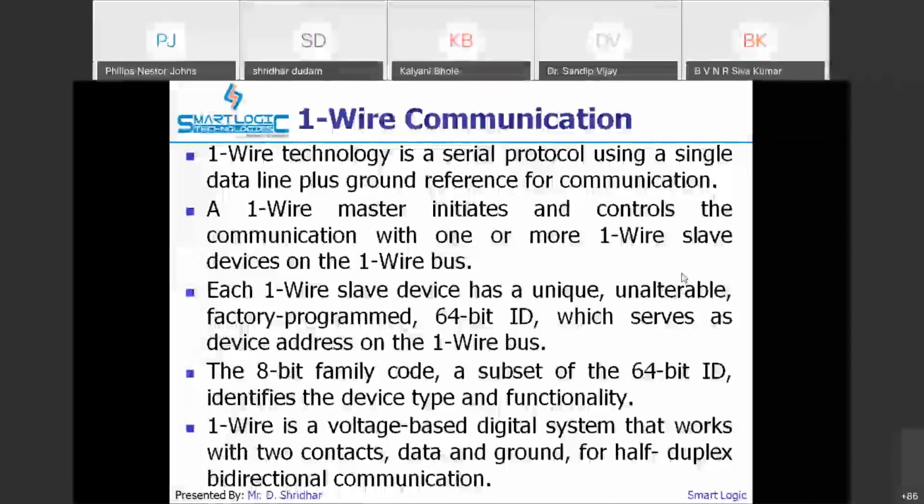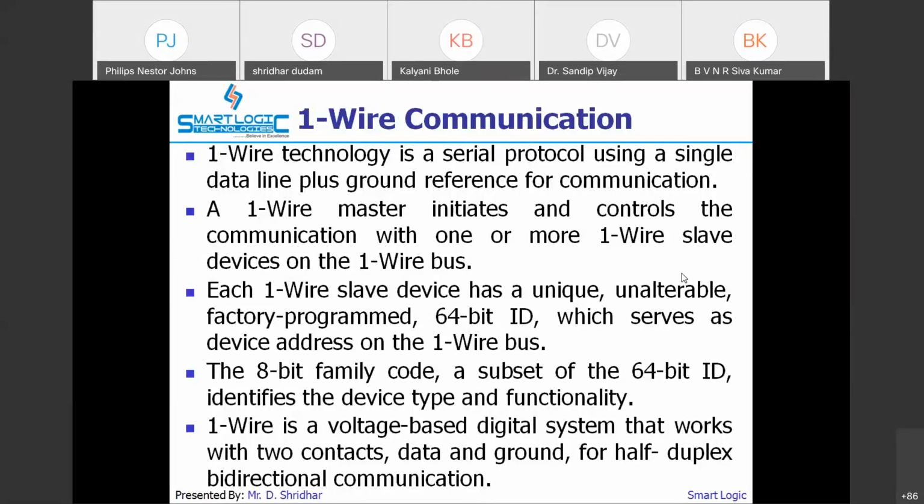One-wire communication protocol needs only one wire for communication. It is again half duplex. Every time the master has to initiate and control the communication, and the slave gives a response. A one-wire slave device has a unique, unalterable, factory-programmed 64-bit ID.